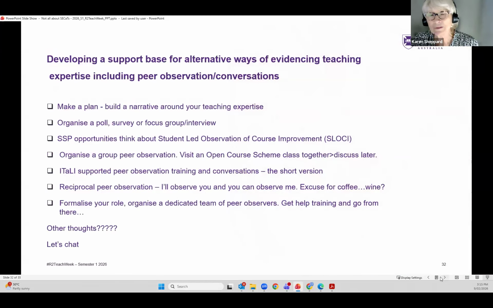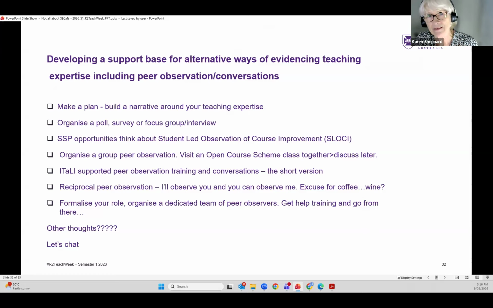Within the university, we have processes in place where you might be able to sort yourself out somebody to do a peer observation process, but we have a number of different ways that you can do it. And when I was listening to Christy, what struck me was the intentionality of the process they went through with their students around a redesign of how they were seeking feedback, and then that feed forward process as well.